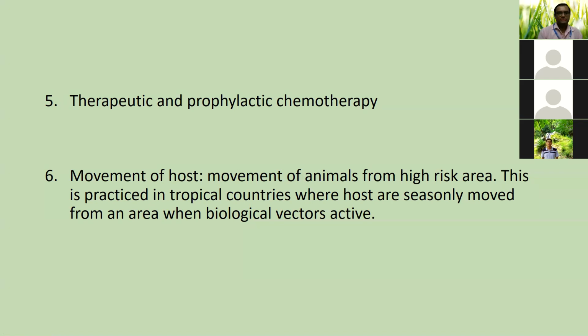Although this is not done in every case, in some cases there is prophylactic use of antibiotics in animal husbandry practice also, because we want higher productivity in animals. We use those antibiotics as a prophylactic measure for control of certain diseases in the population. So that is a strategy that can be used. These prophylactic chemotherapeutic agents are also used as therapeutic agents, that is, for the treatment of disease.